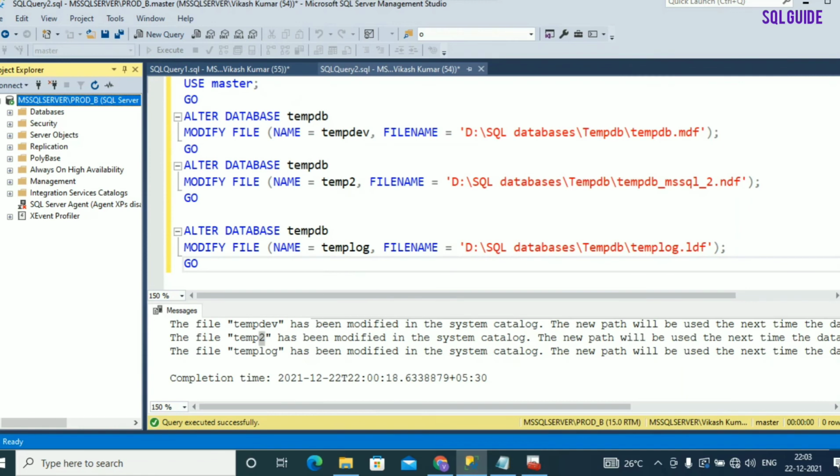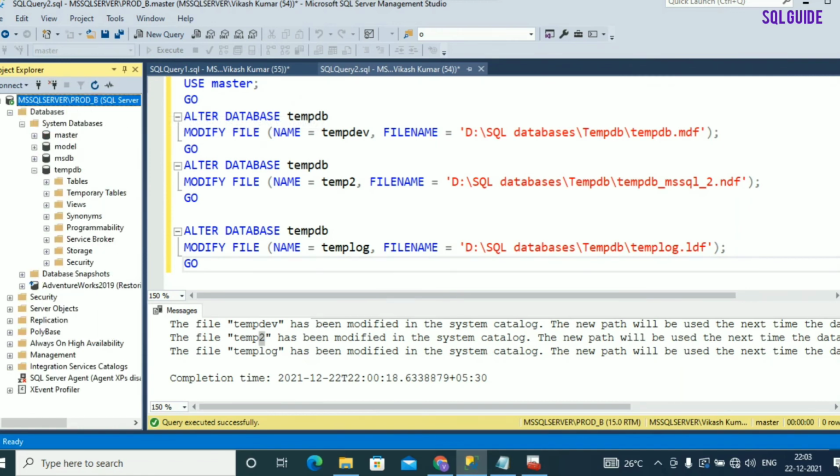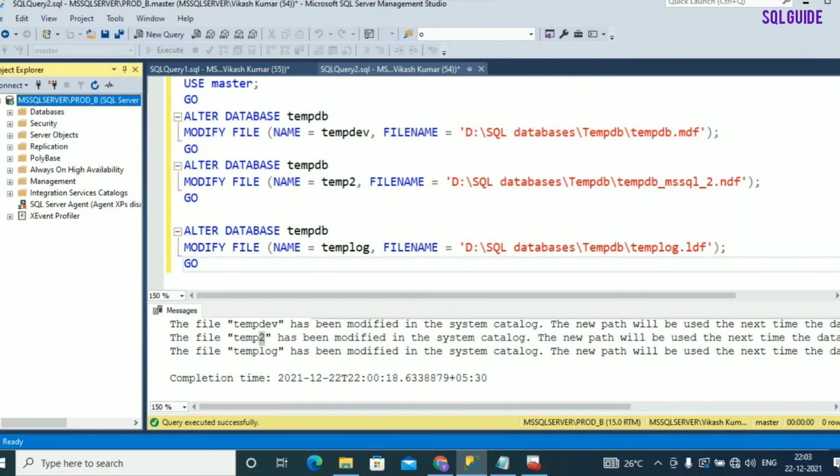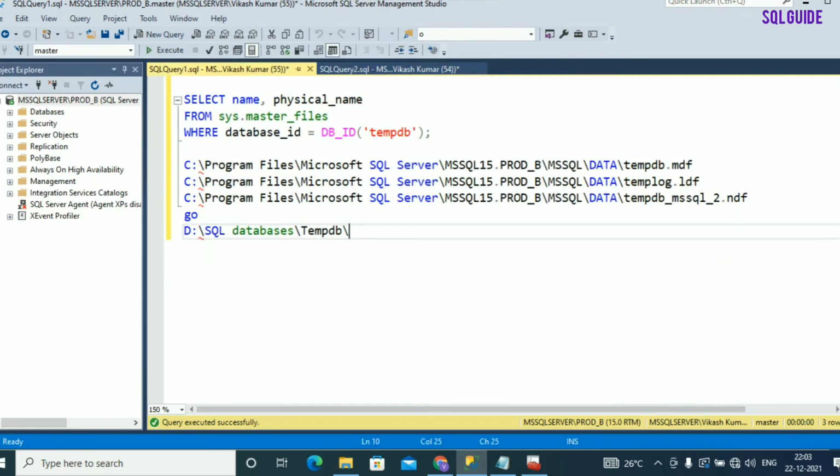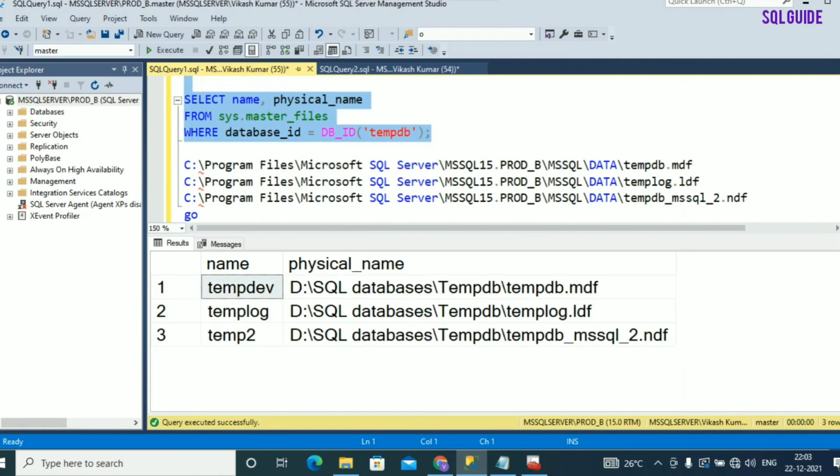So refresh the server and you can see tempdb is functioning now, and you can verify by running this command for the current location.